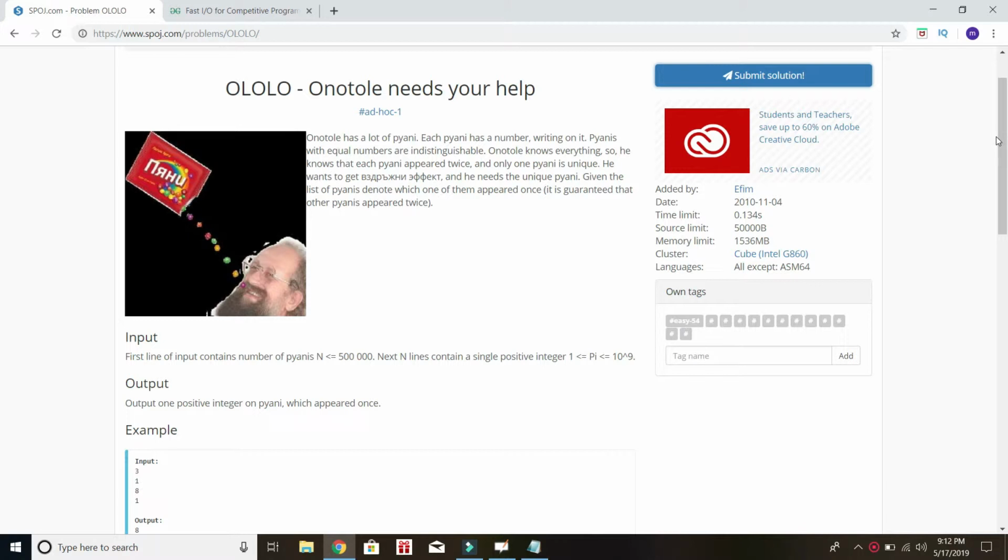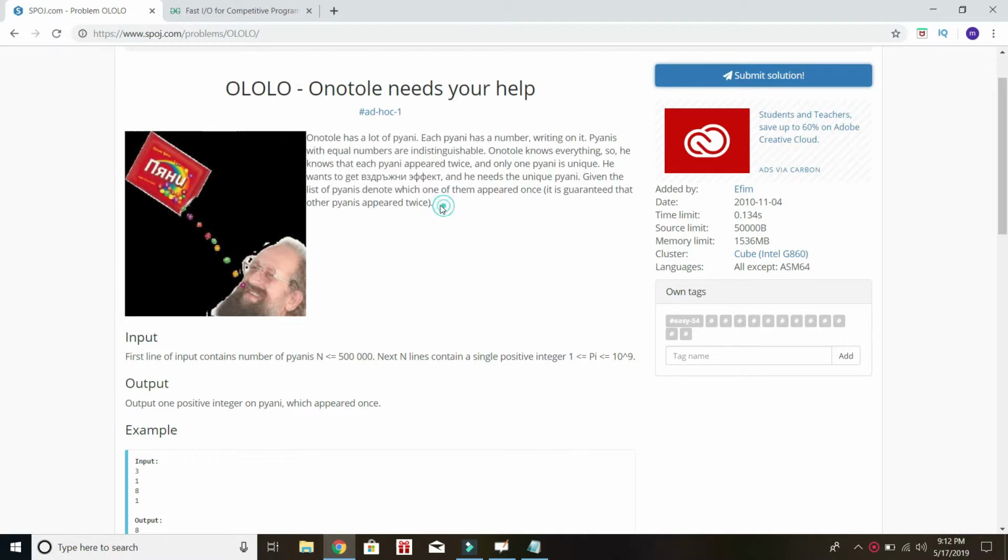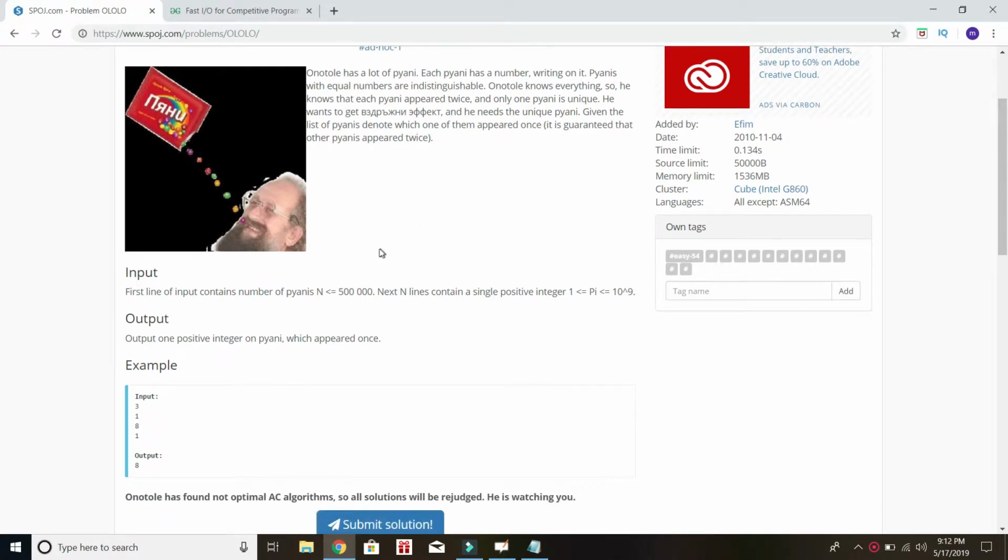So the problem is about, in brief, something interesting you might find. But from a programming point of view, it's simply like you